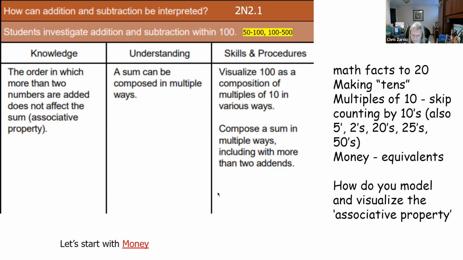When I put coins down on the table, if I have a nickel, a dime, and a quarter, and I change it to a quarter, a nickel, a dime, the order changes, but will that change the value of my total amount of cents on the table? And the answer is no, but we don't want to say no. We want them to tell us that. We want them to add them up. We want them to tell us, does this change the total?